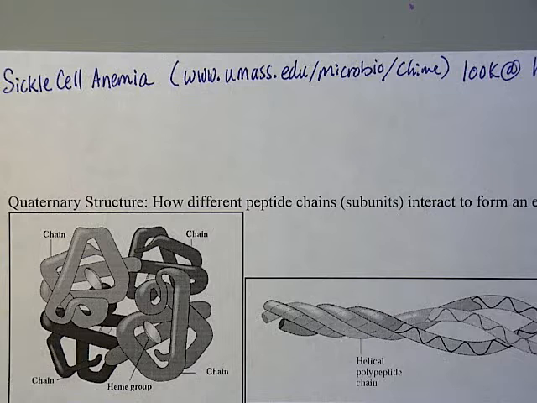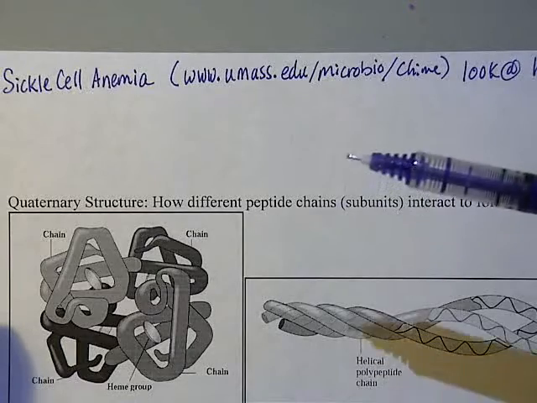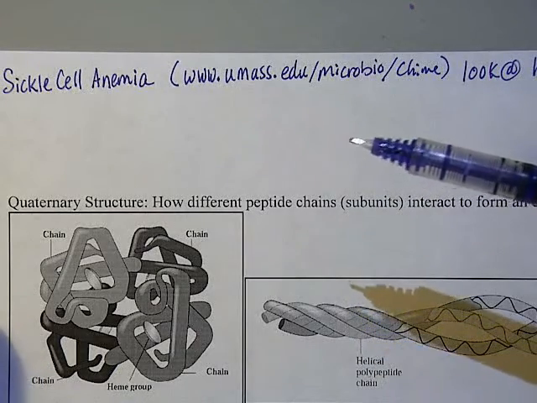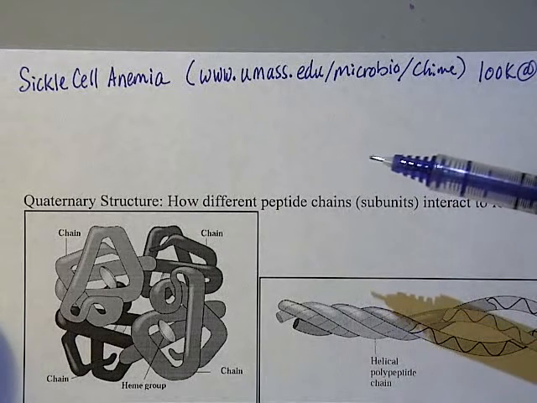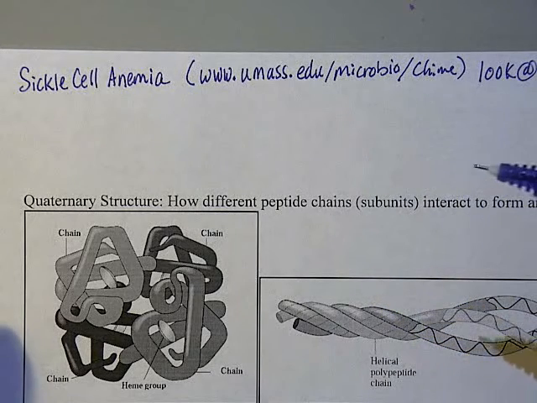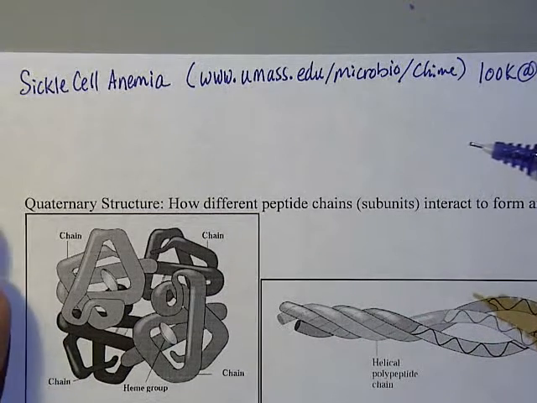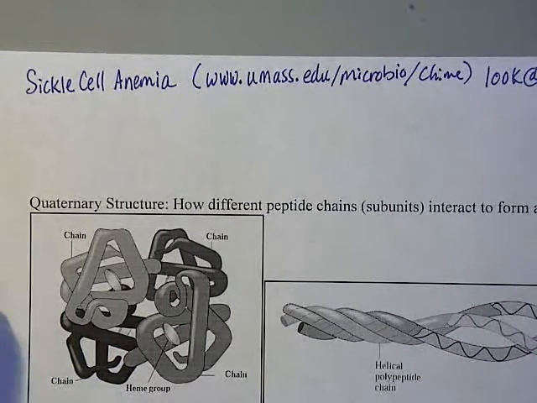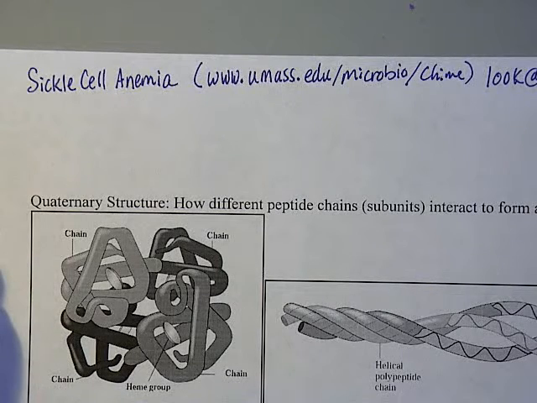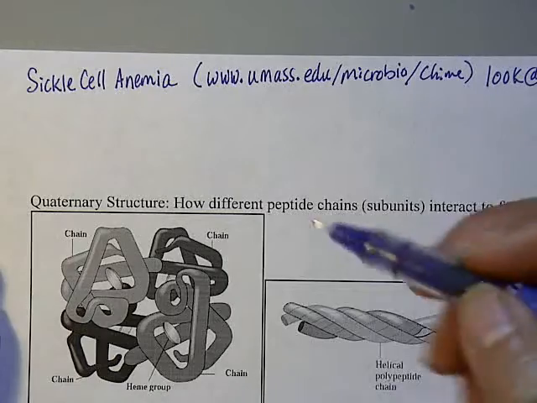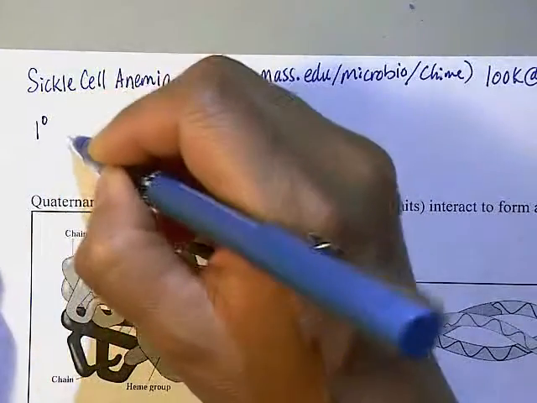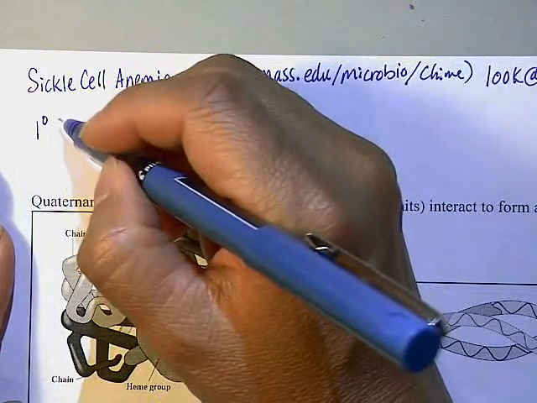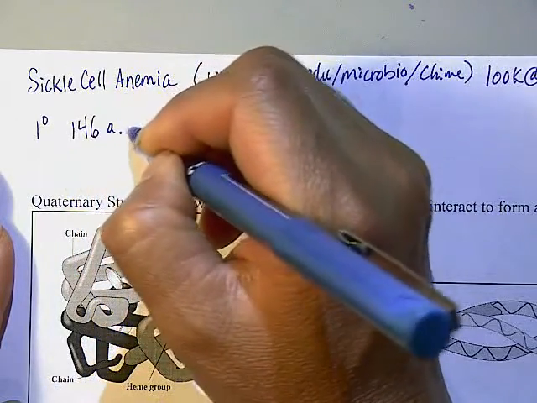I'm just going to describe normal hemoglobin first, and then we'll look at how one change in the amino acid sequence changes the life of a person. All right, so hemoglobin, the primary structure. The reason why I like to do this is it sort of reviews the 4 levels, and it really looks at the function of how these things work. The primary structure of hemoglobin is 146 amino acids,